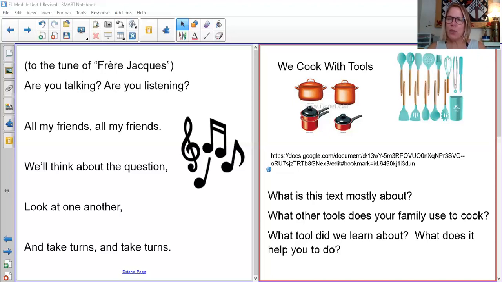So let's recap this book. The question that we wanted to answer was, what was this text mostly about? And the title kind of gives it away. We cook with tools. So I know that this text, based on the title, is about cooking with tools. And then if I read the first sentence, which is known as the introduction to the story, it says there are lots of tools cooks use to make food. So there's lots of tools that cooks use to make food. And some examples that the author of this book gave us was a bowl,